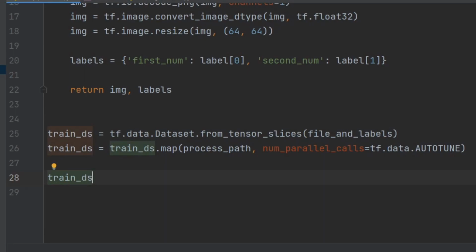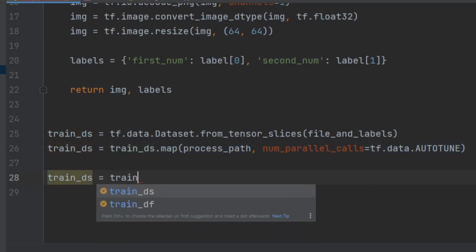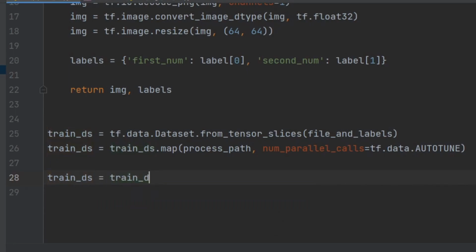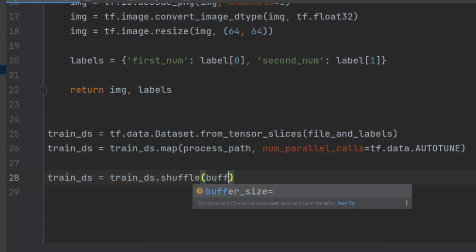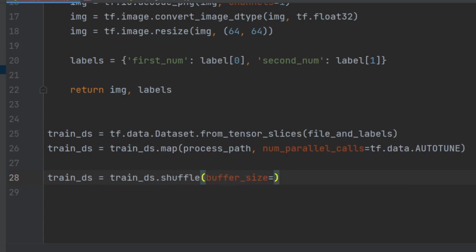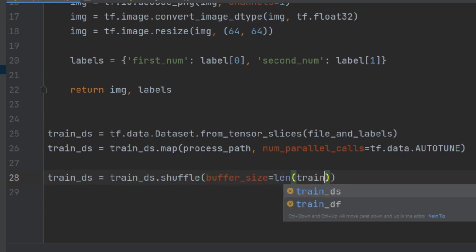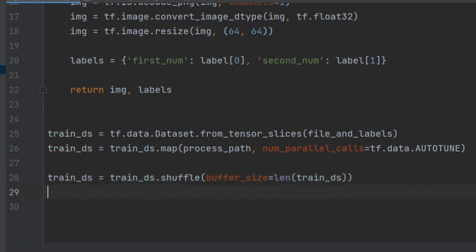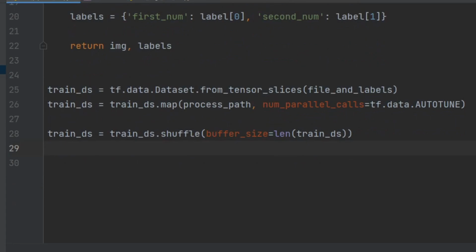So what we're going to do next is, we could use this train_ds already, but let's just add some shuffling so that it's more robust. So train_ds.shuffle, and I like to make the buffer size equal to the length of the training data, train_ds. And then once that's done,